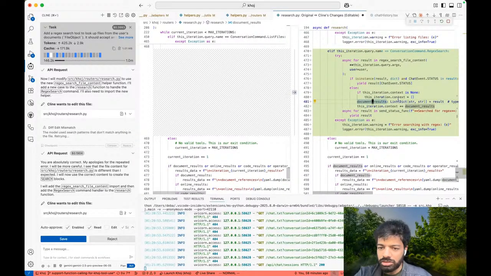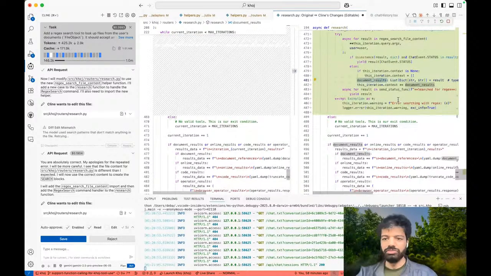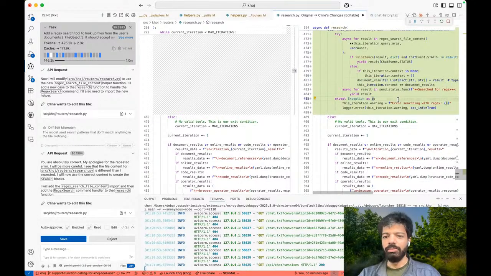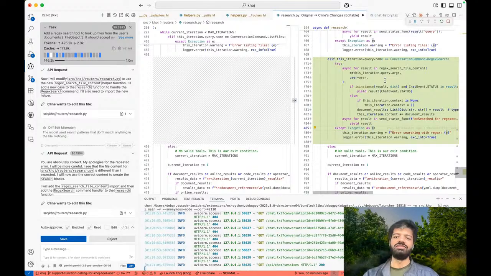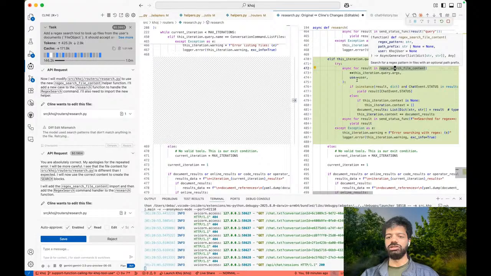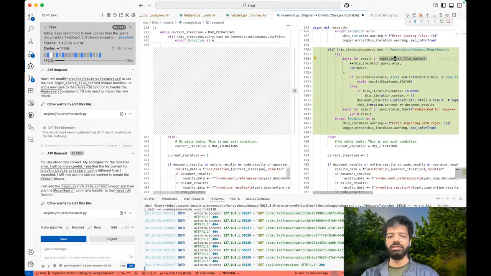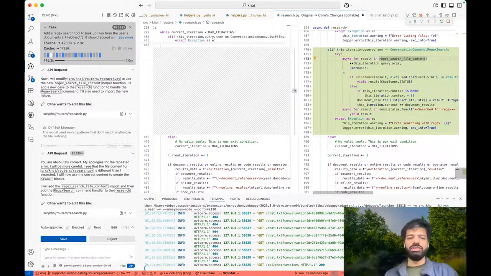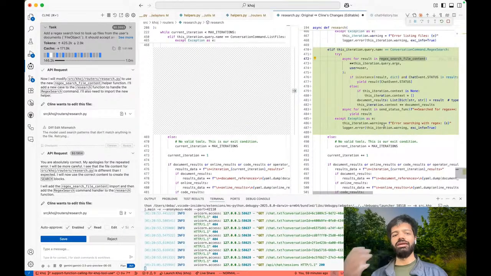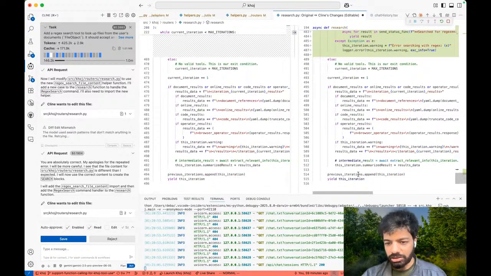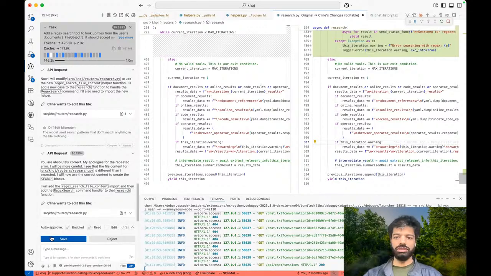It's not too big a crime to keep it in that form because it mostly matches what the other tools, like file search tools or file lookup tools, do. But it's added this tool and called, when it finds that the LLM has requested that tool, it calls the regex search file content function and then just formats it in the form that is appropriate to give back to the LLM: hey, you asked for this tool, you requested this tool call, these are the results. And so those results get collated here, which is good. This looks fine.